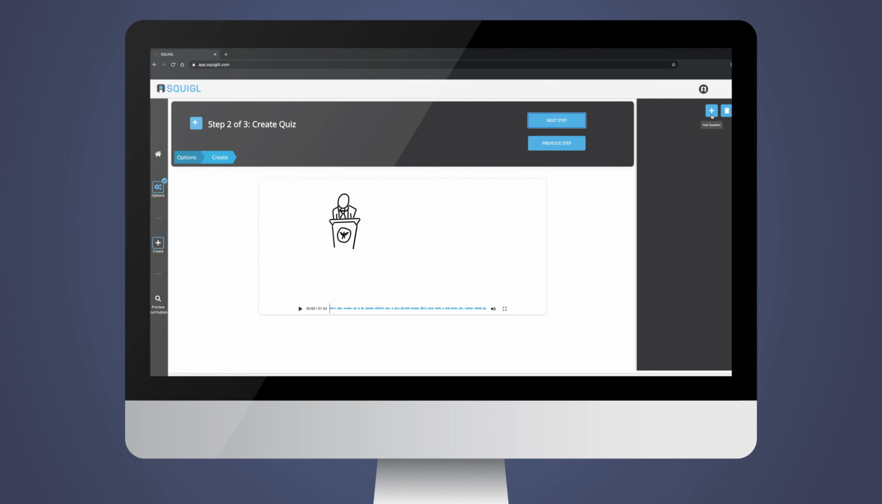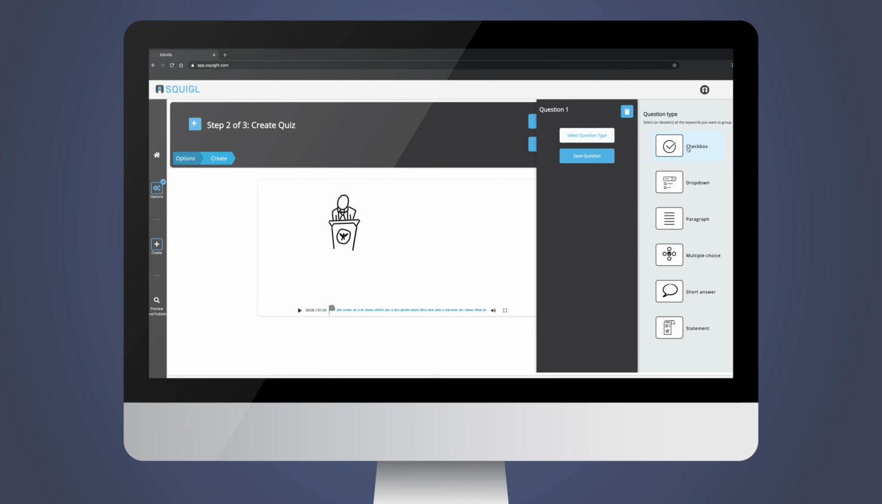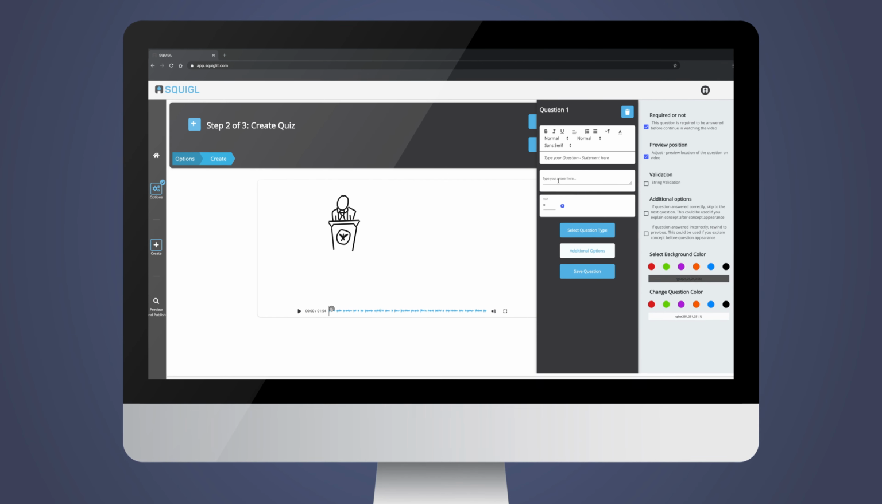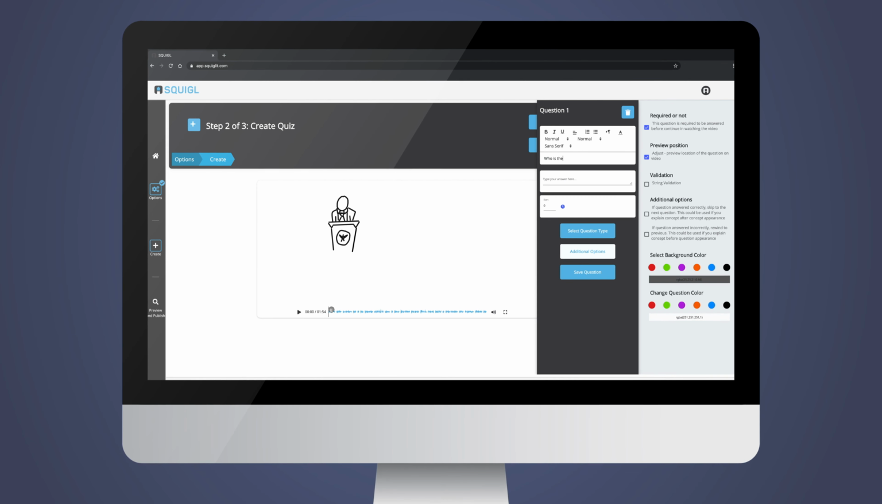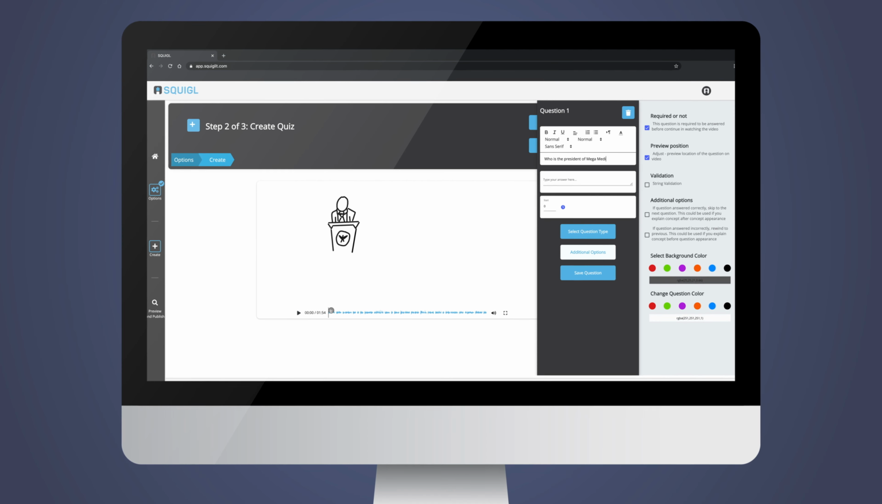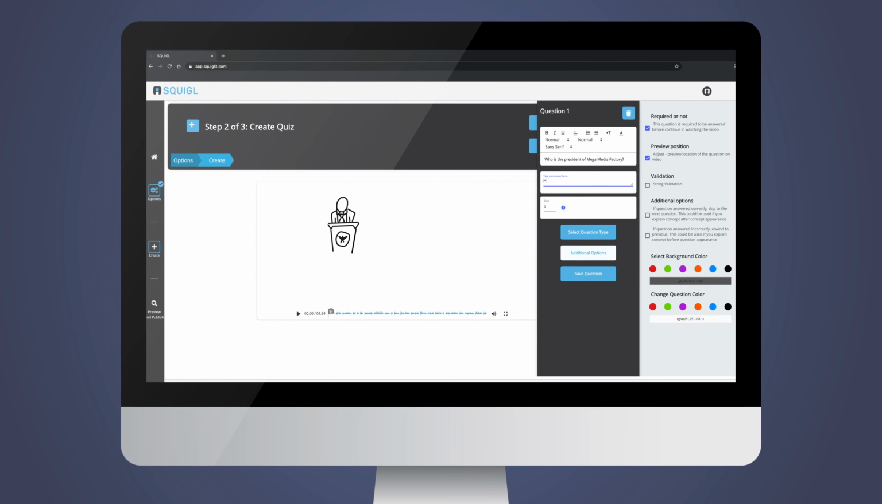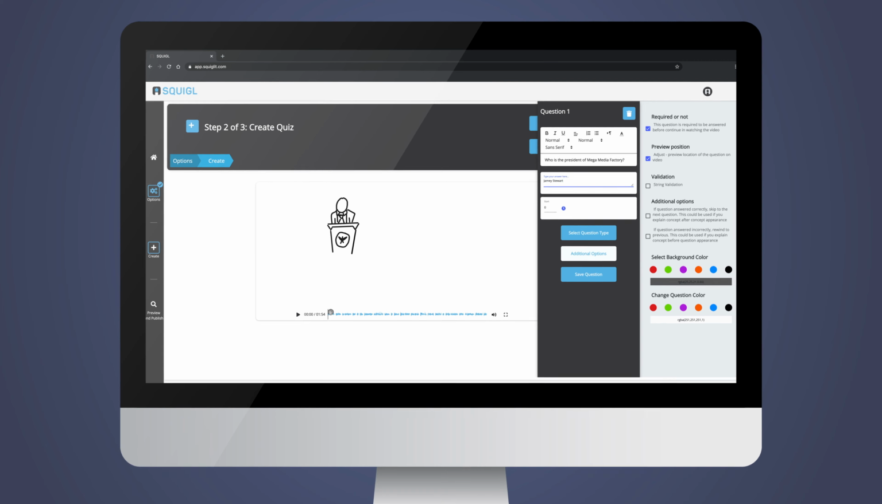You can now begin to build your assessment by adding your first question. You can select from a list of question types including checkbox, drop-down, paragraph, multiple choice, short answer, and statements. Type in your question, provide the correct answer, and then you can select when you want it to appear in